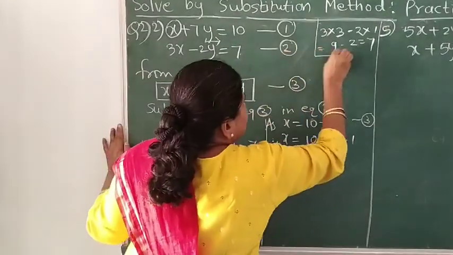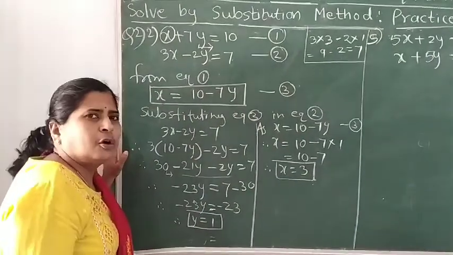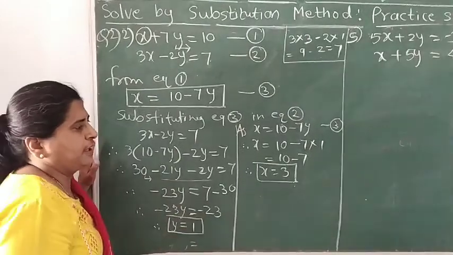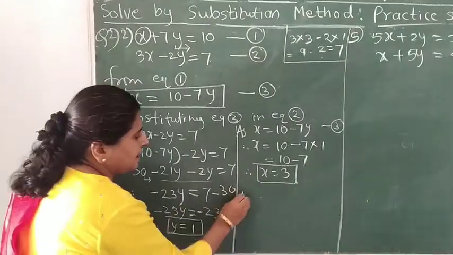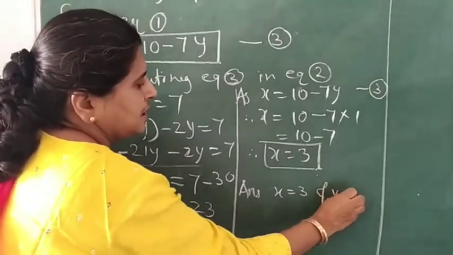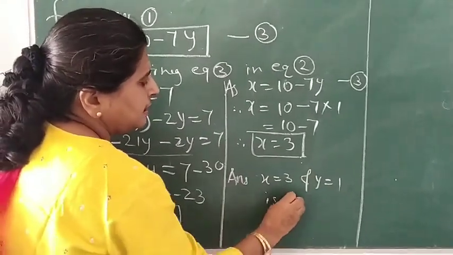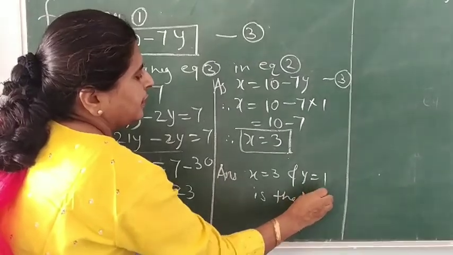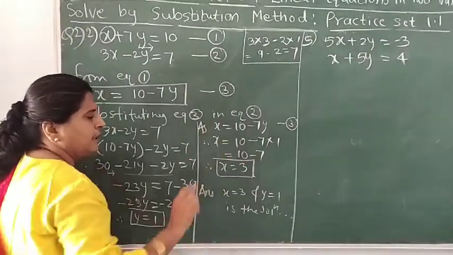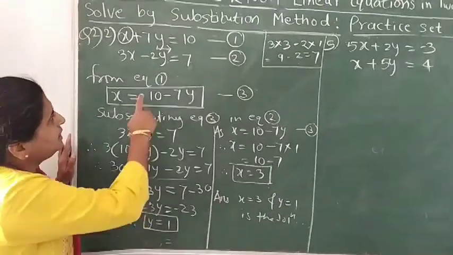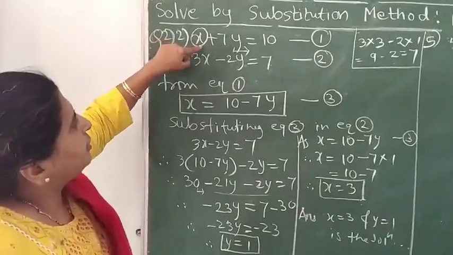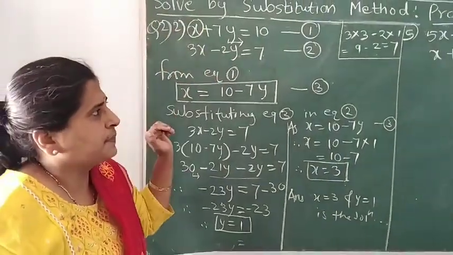So this verification, if you do it orally or with pencil, is not part of the answer, this is for your verification. So you have got this answer, and now you can write your answer as x is equal to 3 and y is equal to 1 is the solution of the given equation. Okay, always write alphabetically, x first and then y. Okay, so in this way, especially where the variable is having coefficient as 1, you can use this method.